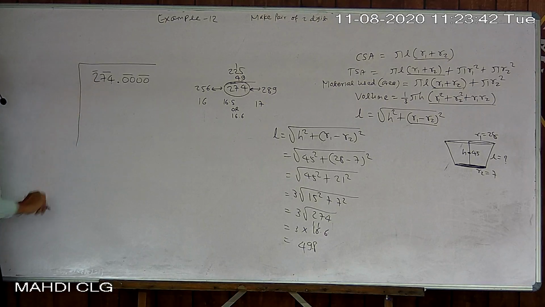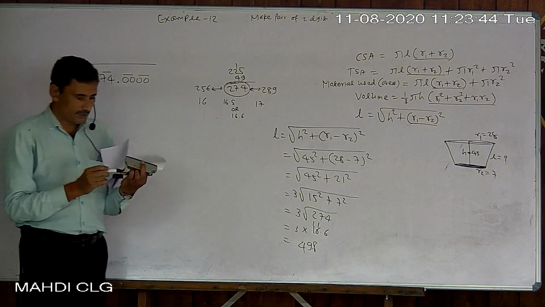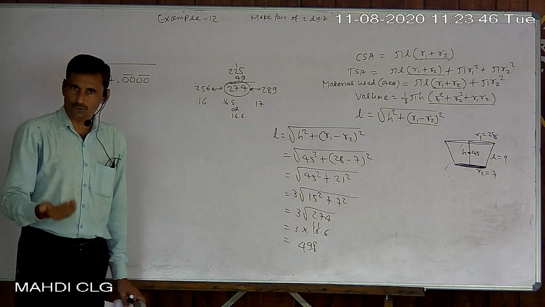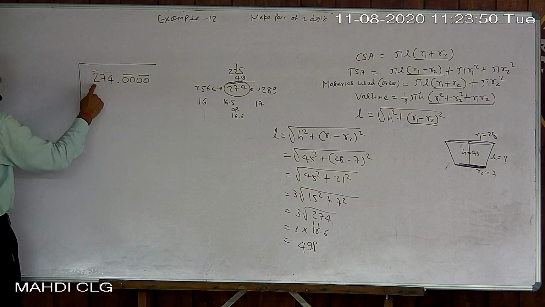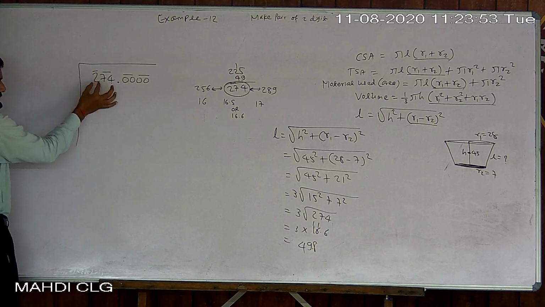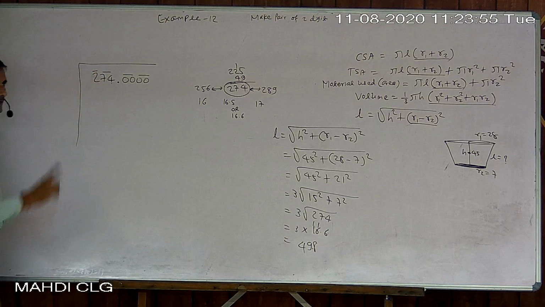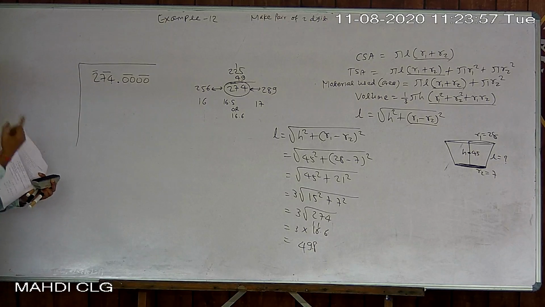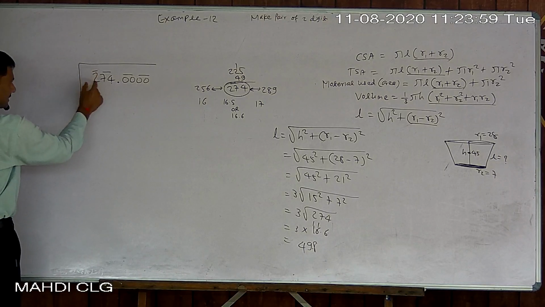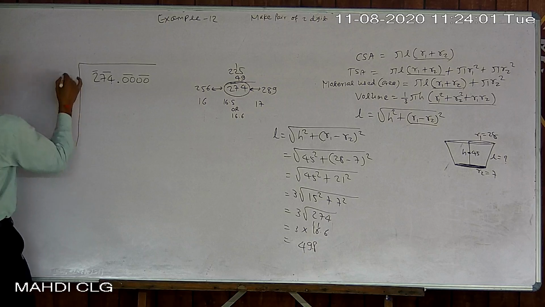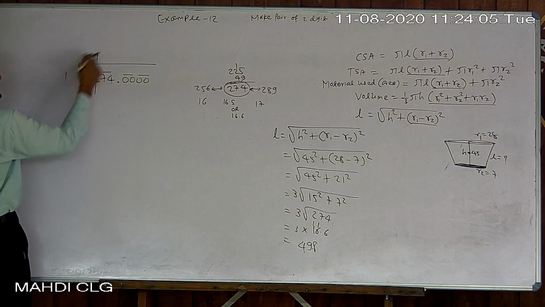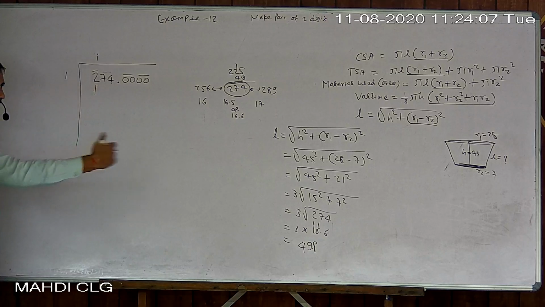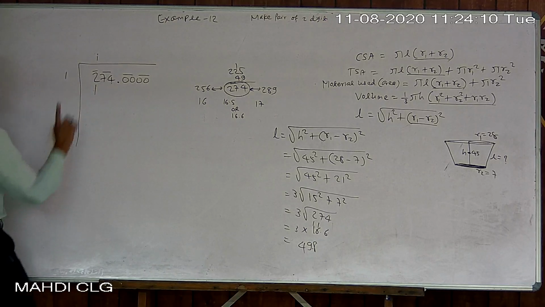So look for the first pair. Now go that way: 1 times 1 is 1, 2 times 2 is 4, 3 times 3 is 9. So 2 times 2 is 4, which will be more than the number. Now look at the first pair only. Actually it is not a pair but only a single digit left, but treat it as a pair. So 1 times 1 is 1. Otherwise 2 times 2 is 4, 3 times 3 is 9 anyway. Up to that number you have to go, but don't cross it.